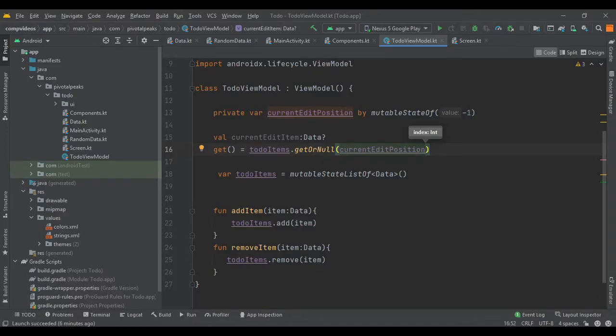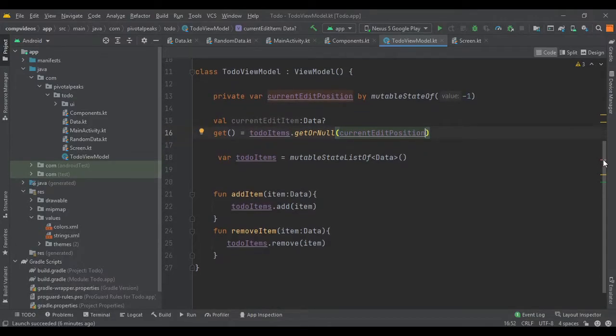Now we need to define events that a composable can call to control editing. So we need 3 events. The first one is going to be on edit item selected.